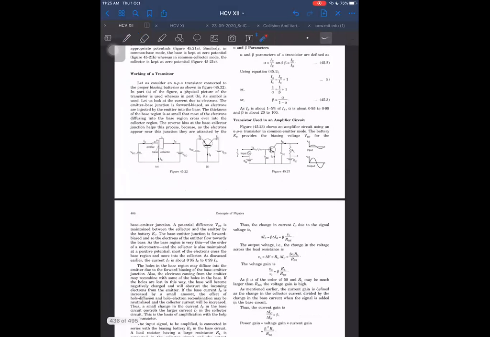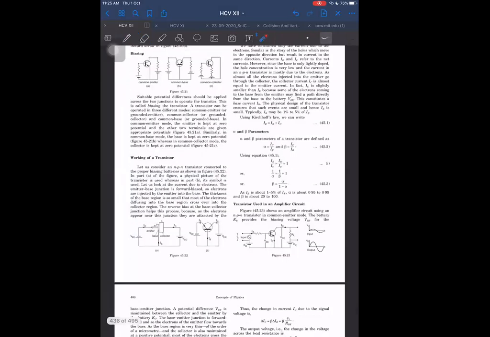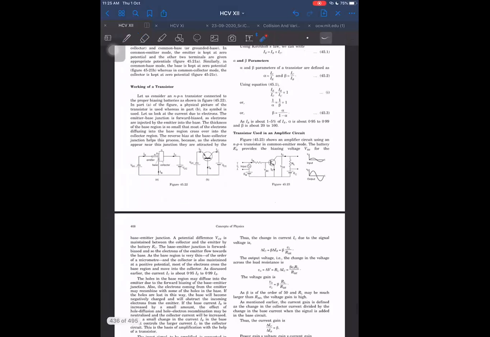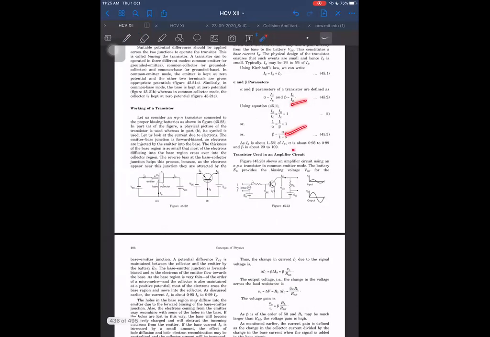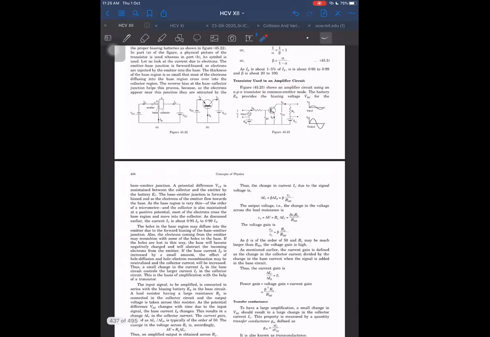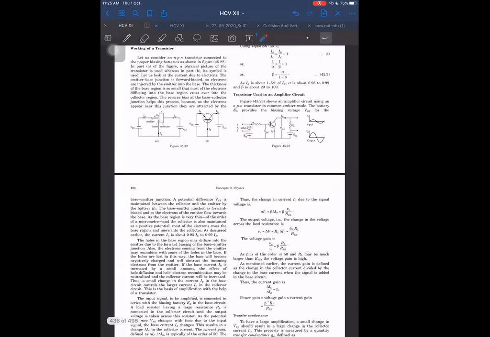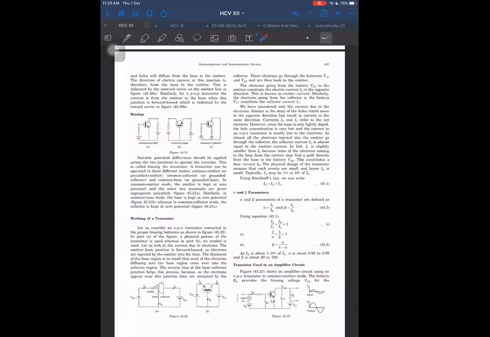So next, they are giving this diagram of working of a transistor. You can read about it. Mainly I have discussed all these things already. Transistor used in amplifier circuit. This diagram is an interesting thing. Some of you may get confused by this. We never draw such a diagram in the beginning. Whenever we discuss biasing, we don't draw such diagrams. These are all DC.